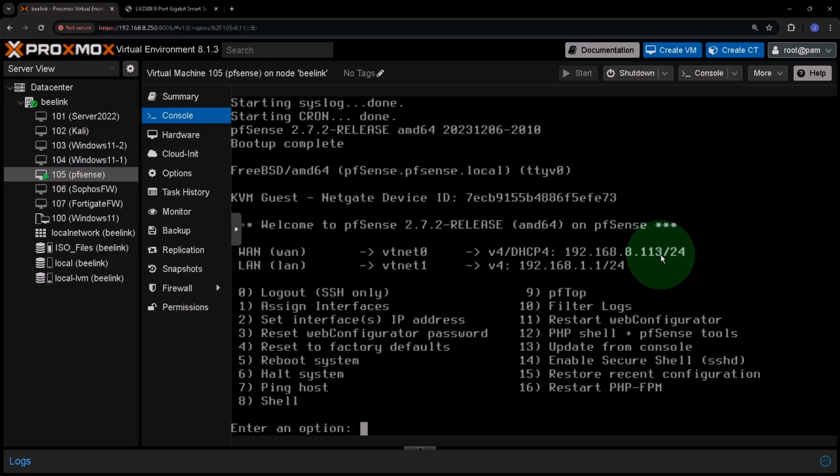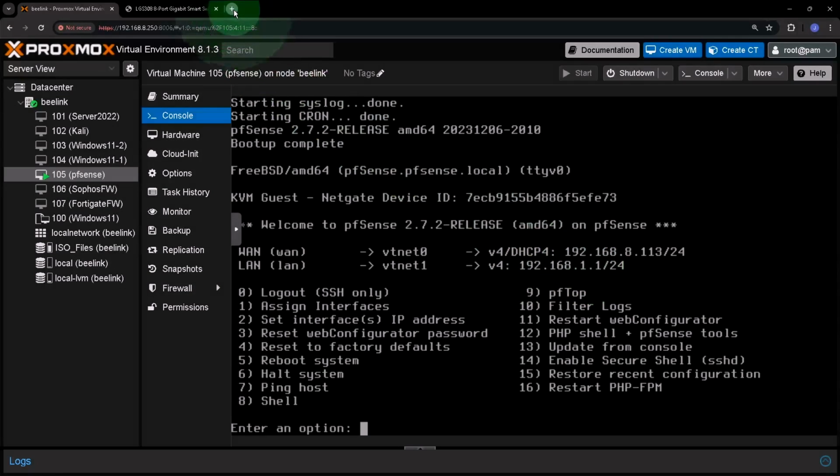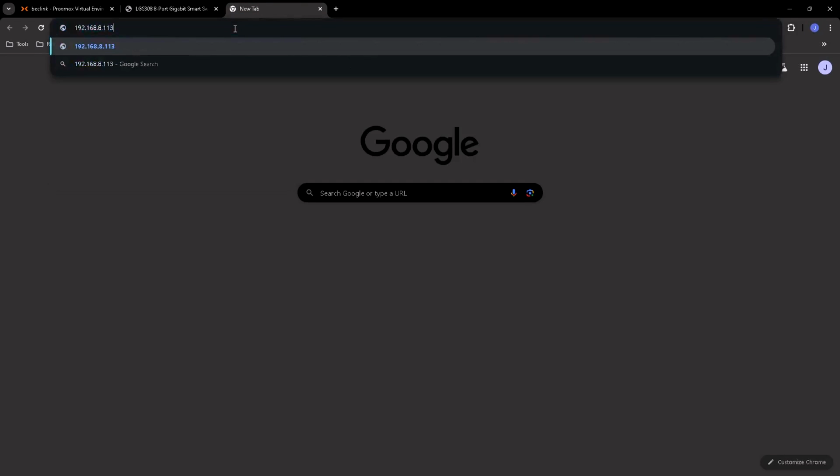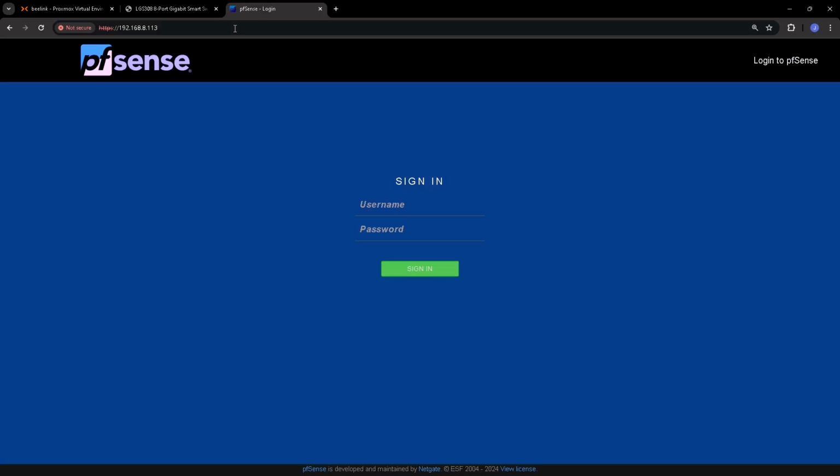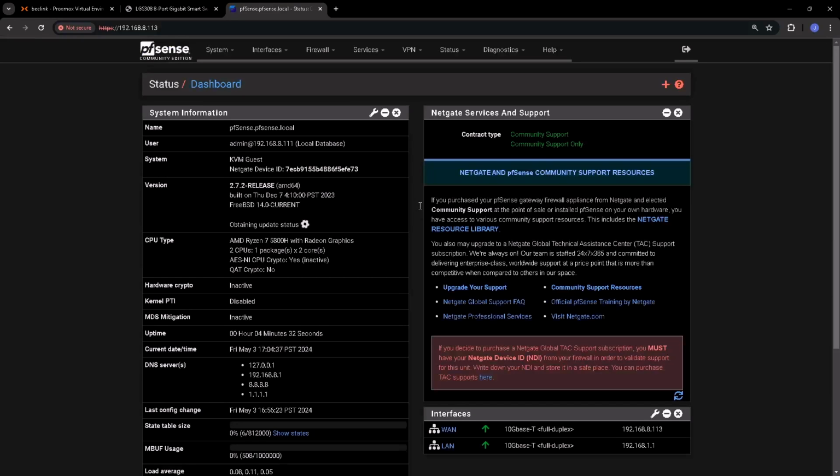192.168.8.113, while LAN IP has a static IP of 192.168.1.1. We'll open a new tab in the browser and enter https://192.168.8.113 to get to the pfsense web management GUI. In case you wonder how I was able to access the web management via the WAN IP address, let me